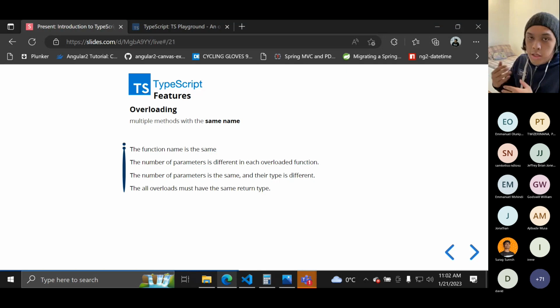It can be confusing, but in order to know the rules, you should read the documentation of TypeScript, since they have different rules compared to how Java or C# uses the four pillars. In this case, overloading.